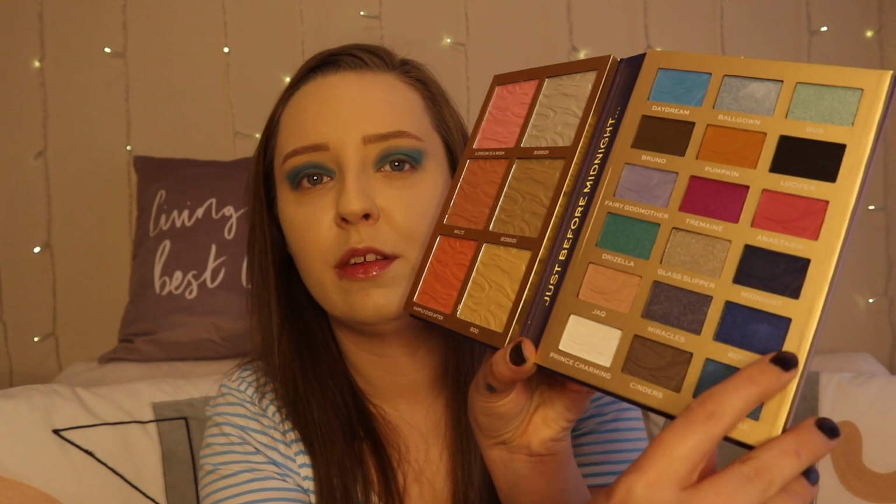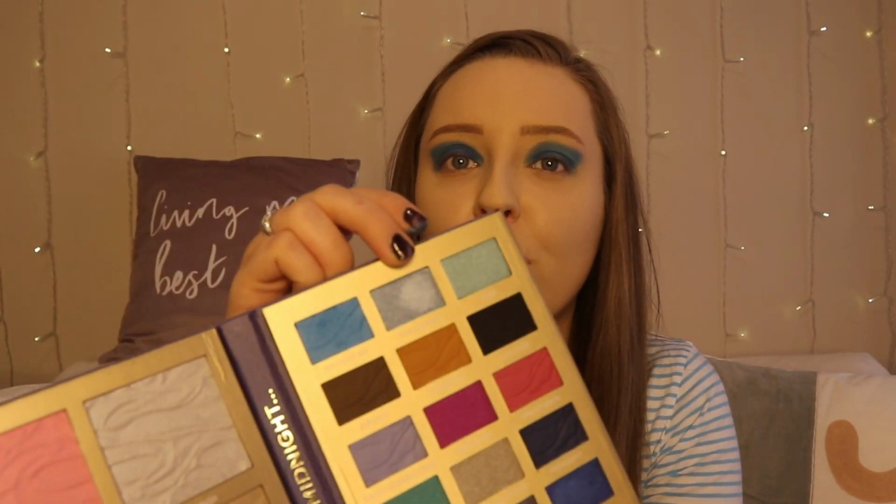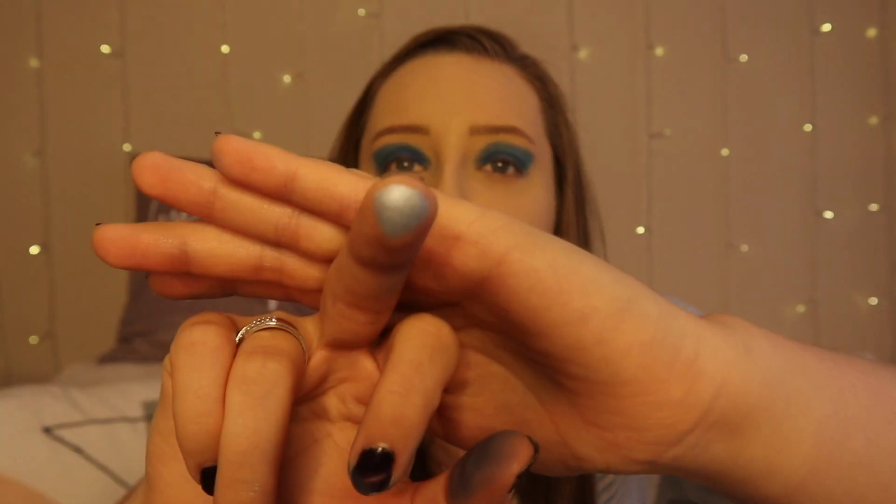This is a lot of blue. Then I'm going to take Royal and pop this on my lid. And then let's take a bit of Ball Gown and pop that on the centre of my lid. Now I did just quickly swatch this before. Ignore all the blue, oh my goodness. It's very pigmented. It doesn't look that pigmented in the palette, but...